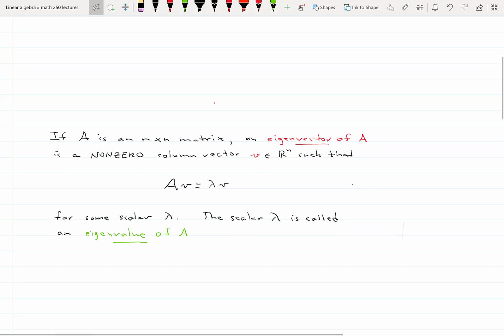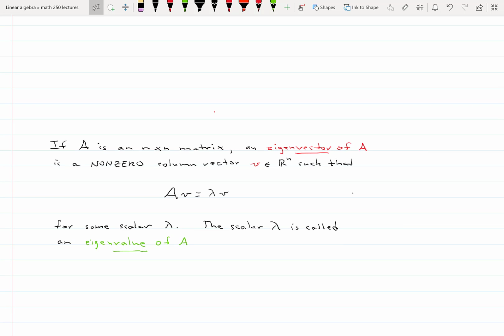We'll start with a definition, and then we'll tear apart the definition. If A is an n by n matrix, so we're starting with a square matrix. The concept of eigenvalues and eigenvectors with regard to matrices starts out with a square matrix. It's given. An eigenvector of A is a non-zero column vector from Rn, such that if you take the matrix and multiply it by the eigenvector, you end up getting just a scalar multiple of the original